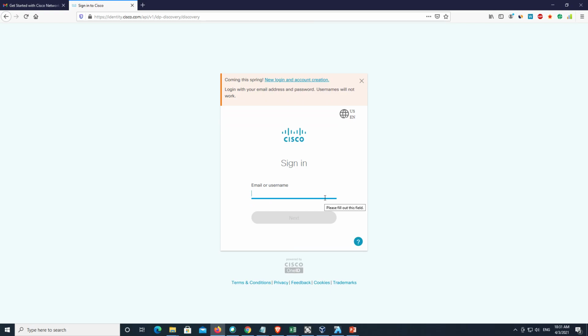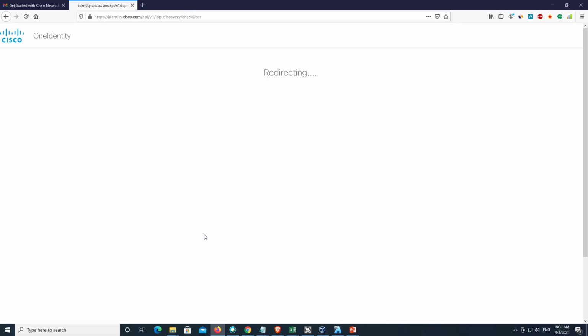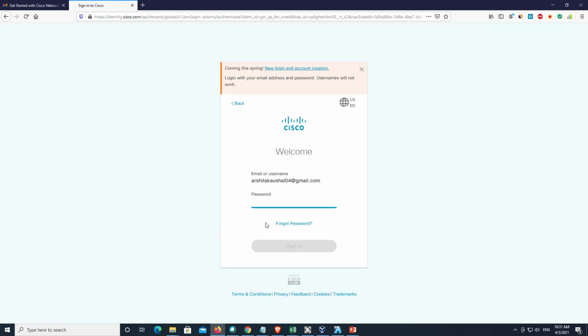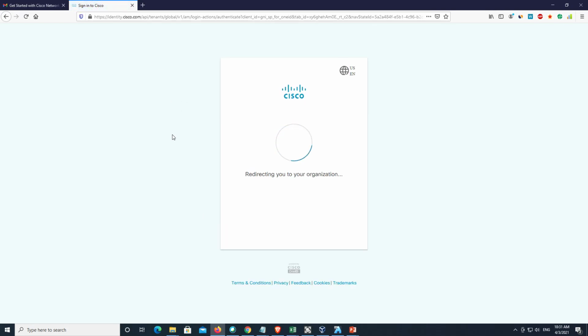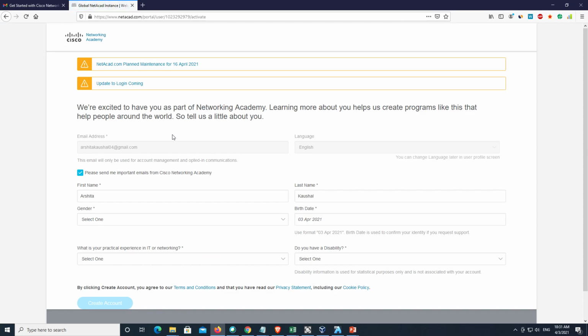Here, type the email address, then click on next, then the password you just assigned, and click on sign in. For this process, you can use Chrome as well as Mozilla.